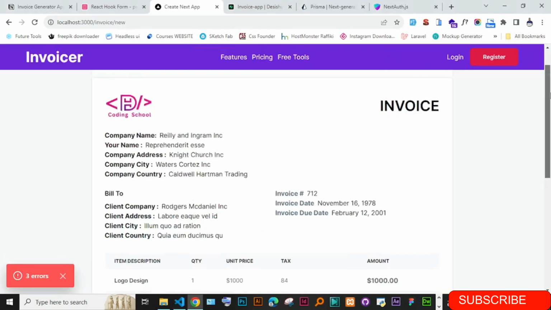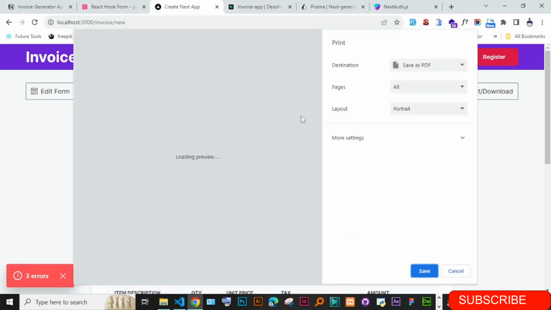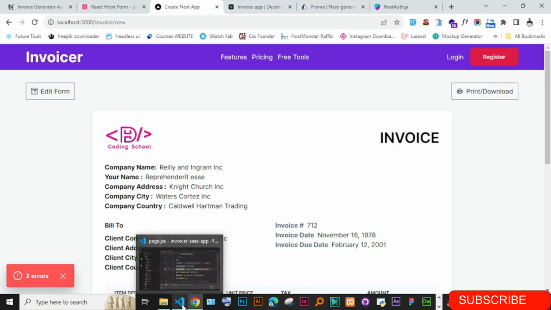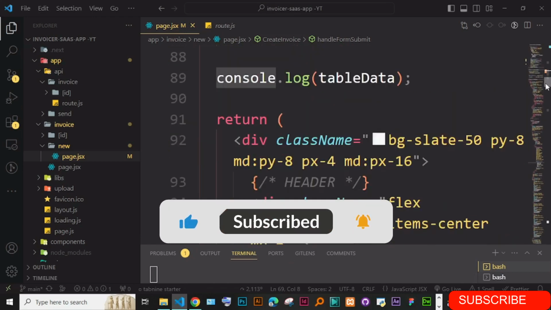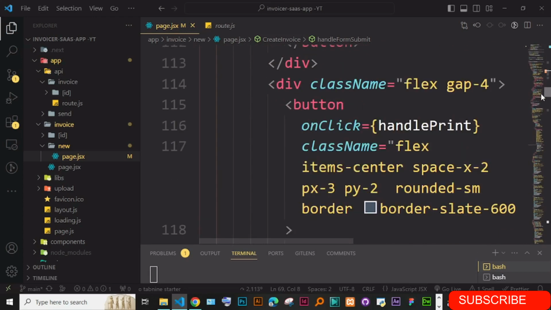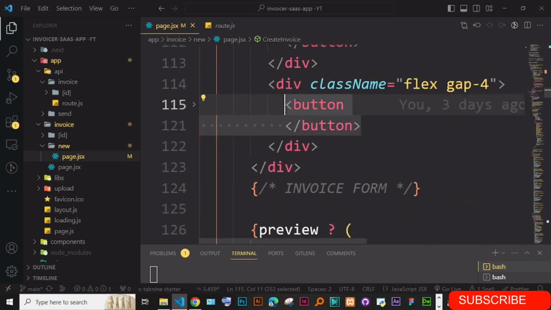I'm just going to first write that button. Want to put a button here. Now we have the print, which I guess should be working. That one is really fine. Now what I want is to put another button here which says view invoice. So I'm just going to go for a second here on the buttons. Okay, so we have this print button. So I'm just going to duplicate this. Just put it at the beginning here,